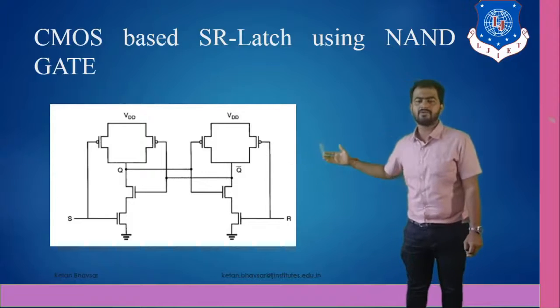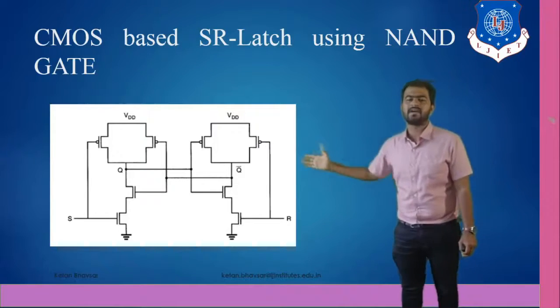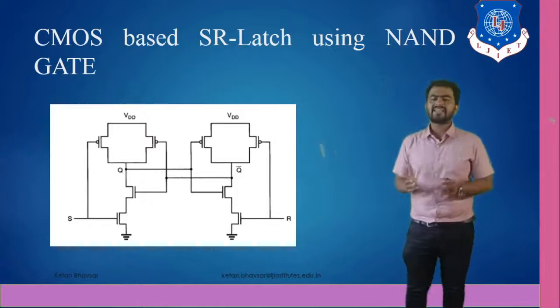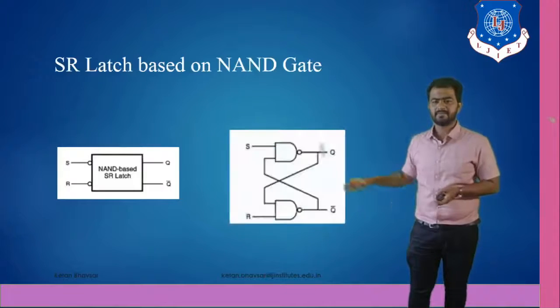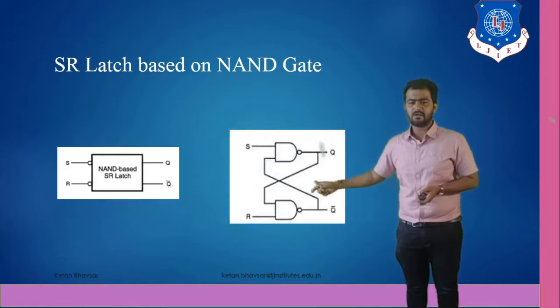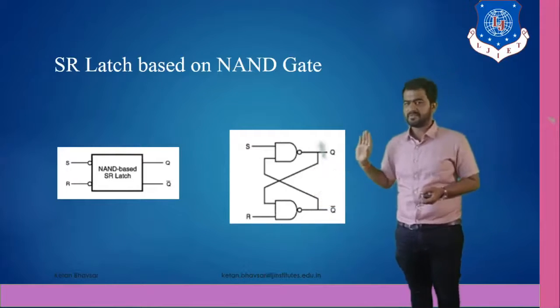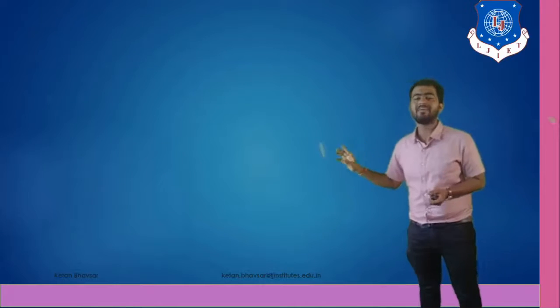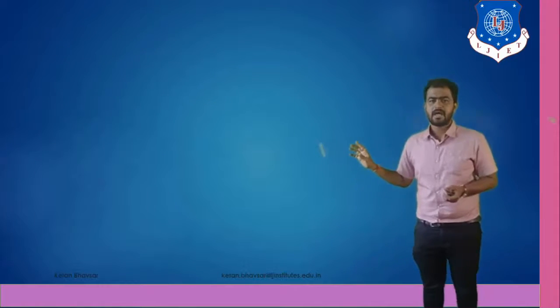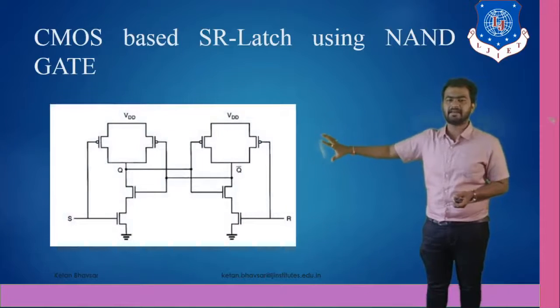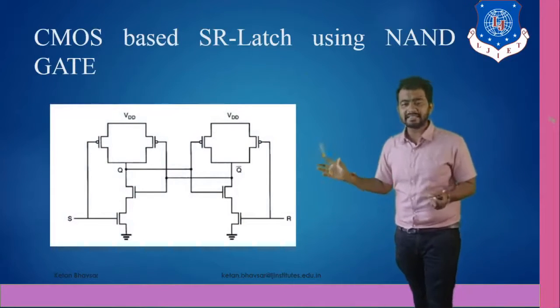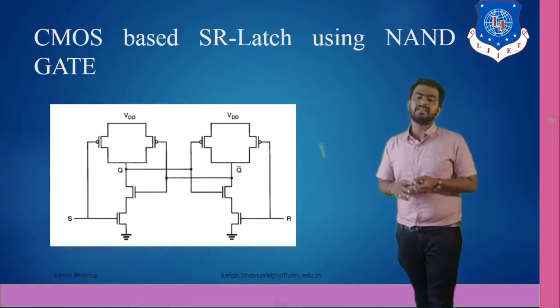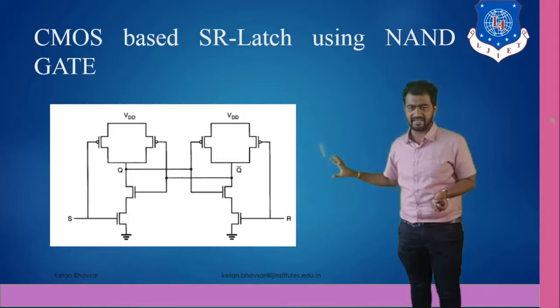right? And the output is driven to the next PMOS, and the Q bar output is driven to the next input of S. So we can say that this diagram comes from the earlier diagram. You can see the S and Q bar output goes to the input with S, and the Q output goes to the input with R. So your result looks like this. I hope you are getting the idea of how we can design this particular diagram. We can easily design it, implement it in software too, and also understand this diagram.